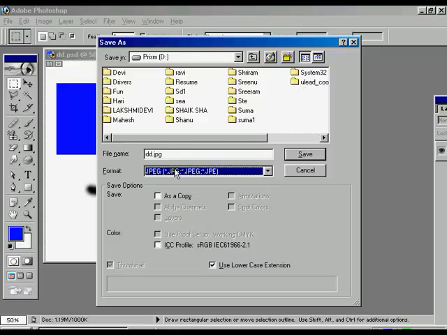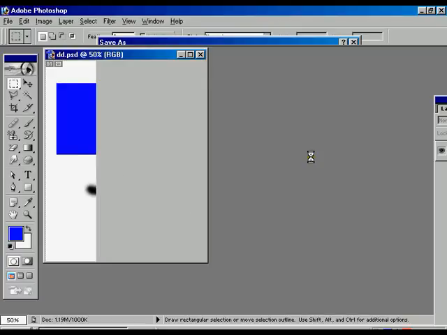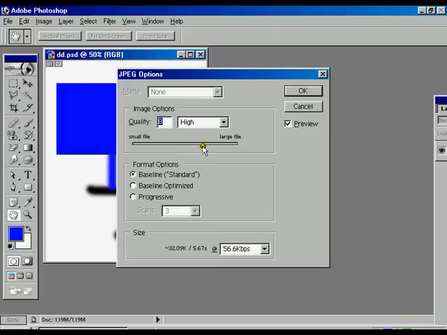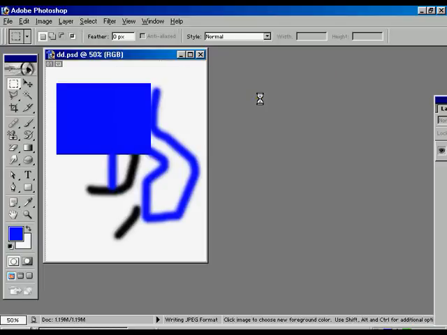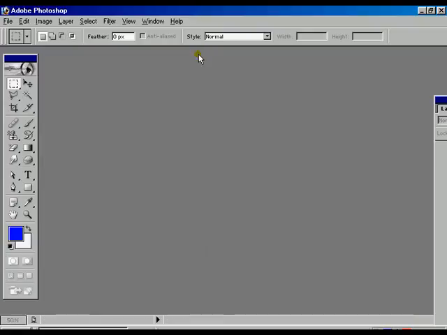Now we are going to save in JPG format. There is another option which shows the image options, the quality of the image we are getting. If I increase it, the quality of the image is increasing. Now the file is already saved. We are going to close that file.